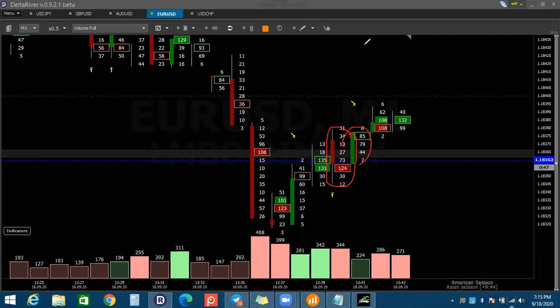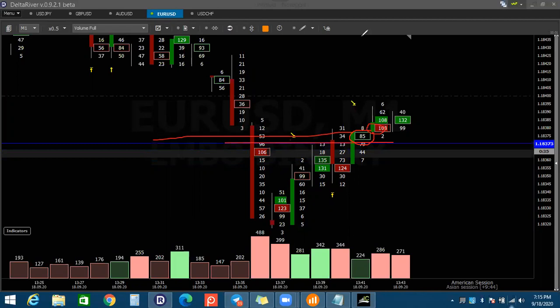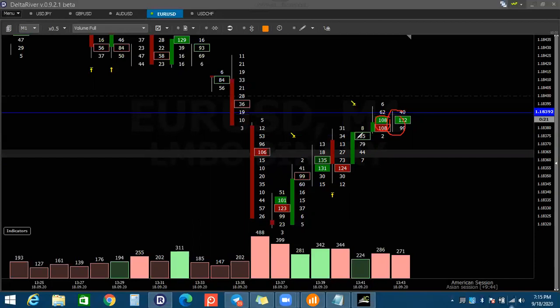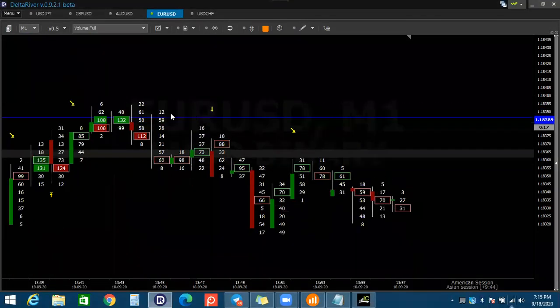So this bias started with the highest volume from the buyer side, and there is no point of control in this area. They are continuing. And now the volume has increased from both the buyer side and the seller side. It's suggesting that there is pressure from both sides. Buyers want to break the level and sellers want to break the level. The result is a doji. Okay, so this is the way to understand these types of candles.